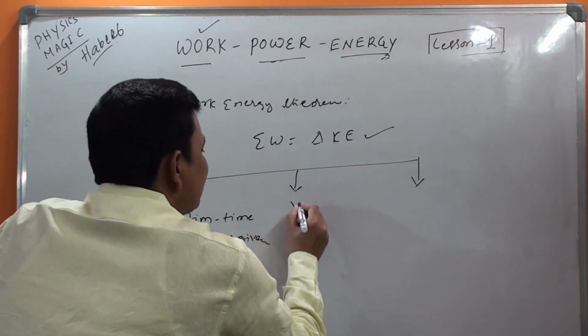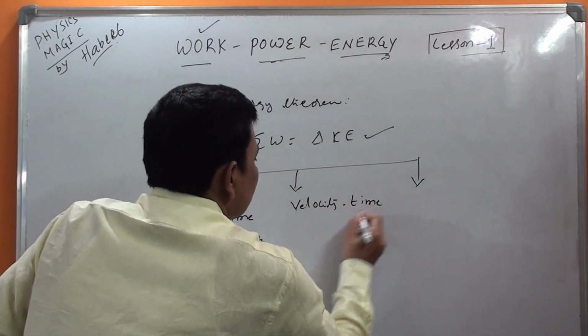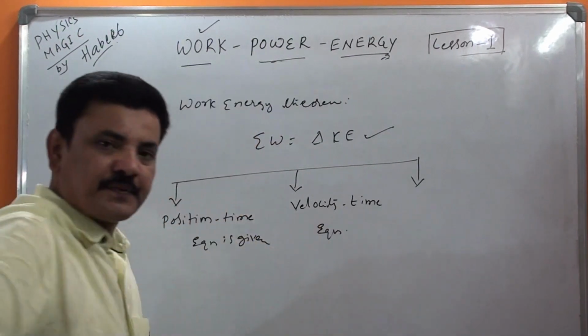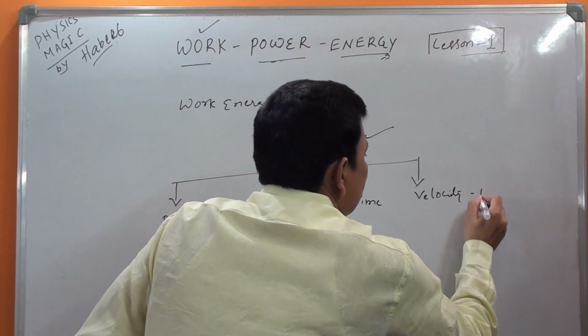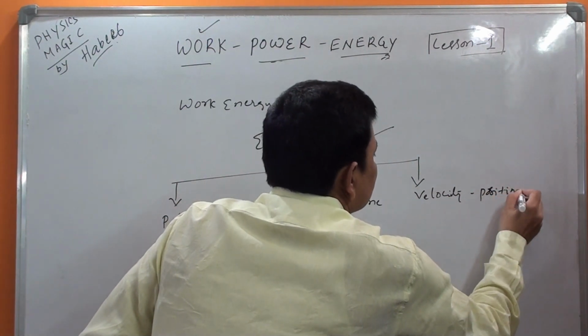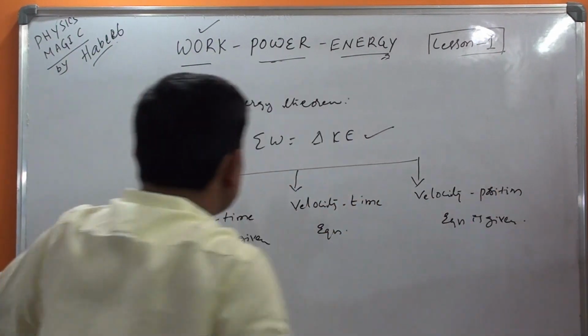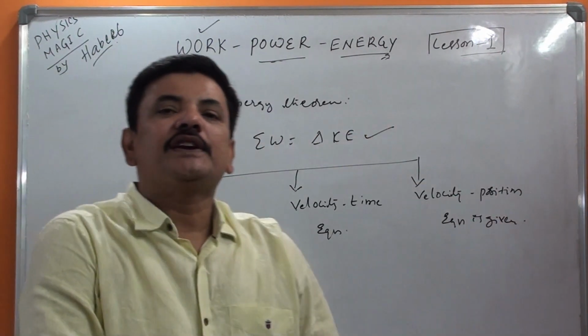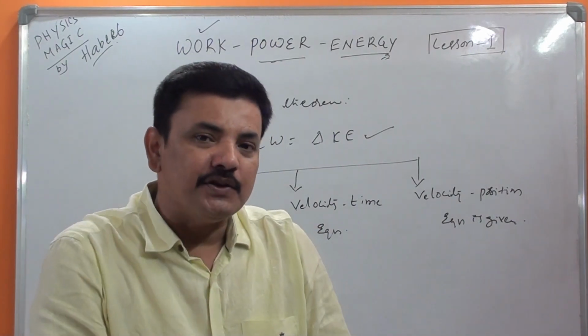Then when velocity-time equation is given, or when velocity-position equation is given. So there are 3 different kinds of equations you will be getting, and definitely I will explain you in your